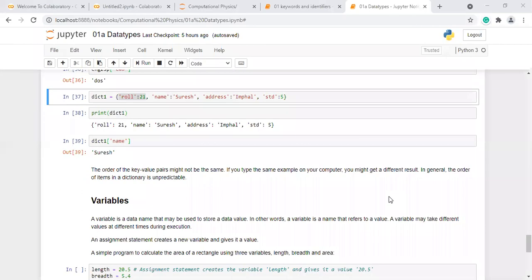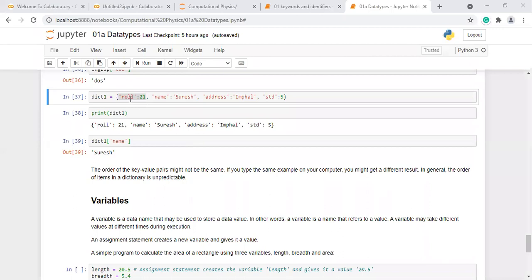Okay, let me repeat. The order of the key value pairs may not be the same. If you type the same example on your computer, you might get a different result. In general, the order of items in a dictionary is unpredictable.